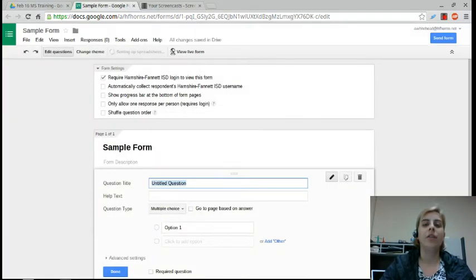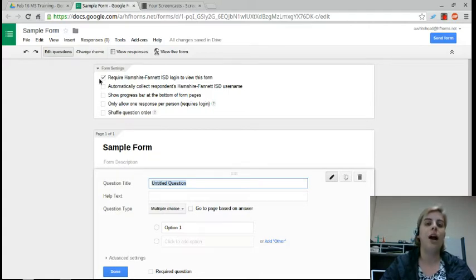When you're inside of a Google form, you're kind of on the back end. So on the back end, you're going to have 3 different sections where you can change settings and add your actual questions. So the first section is called Form Settings. These settings are going to control who can access your form, how, and it has some fun functions like shuffling your question order or showing a progress bar. So I encourage you to read through these and decide, do you want your users to have to log in to view your form? Or can they just get to the link on the internet without logging into an HF